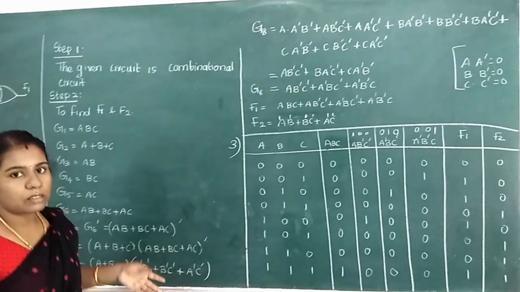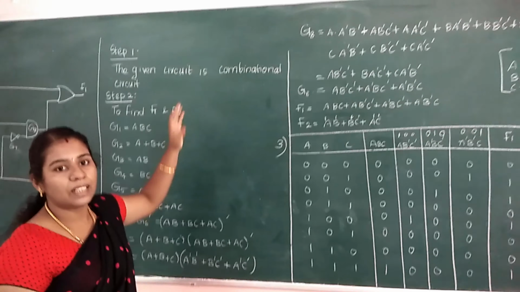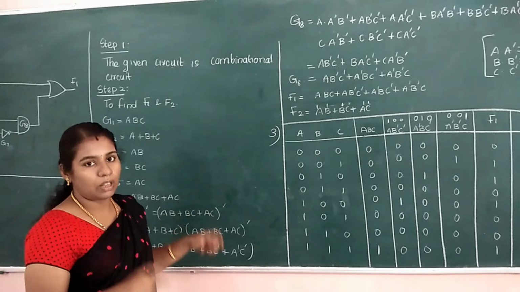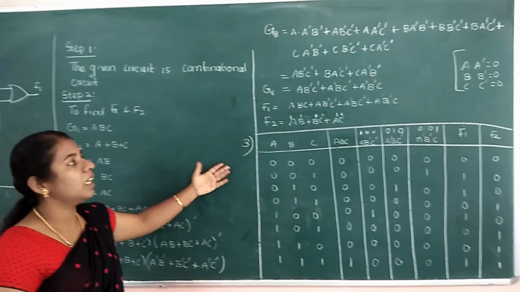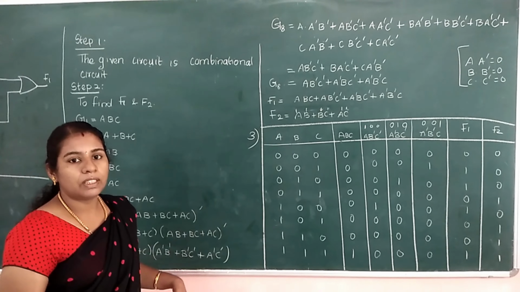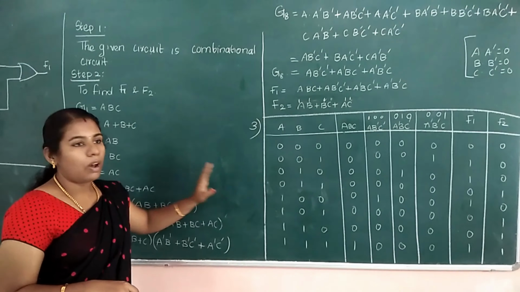Now all the 3 steps are over. The first step is checking whether the given circuit is combinational or sequential. The second step is to obtain the Boolean function. And the third step is to derive the truth table. Now all the steps are